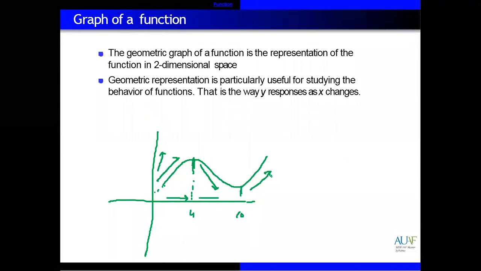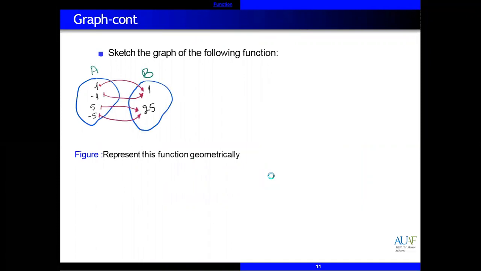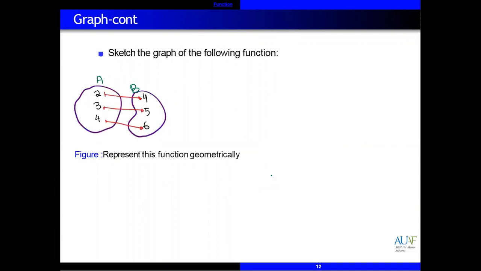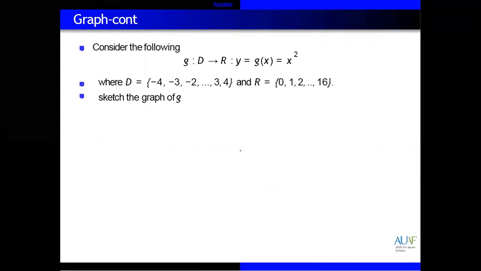So how we can draw graphs? We will discuss different functions and we will draw their graphs. Okay, next one, how to draw graph of these points. So simple. Y values and x values. Same you can draw for here, and same you can draw for this one. In this case, the domain is given and range value is given. Domain is from -4, -3, -2 till +4, and range is from 0 to 16. Function is given, main function is equal to x square, same giving values to x, like these values.